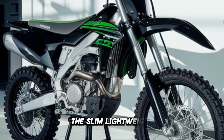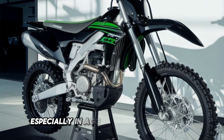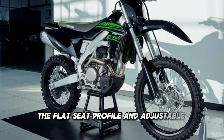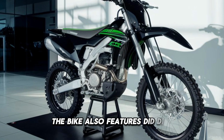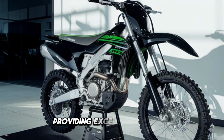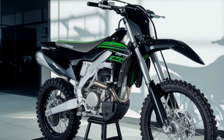The slim, lightweight bodywork makes it easy to move around on the bike, especially in aggressive riding positions. The flat seat profile and adjustable handlebar mounts allow riders to find their perfect riding position. The bike also features Dirt Star wheels and Dunlop MX-33 tires, providing excellent traction and durability on a variety of track surfaces. Another key